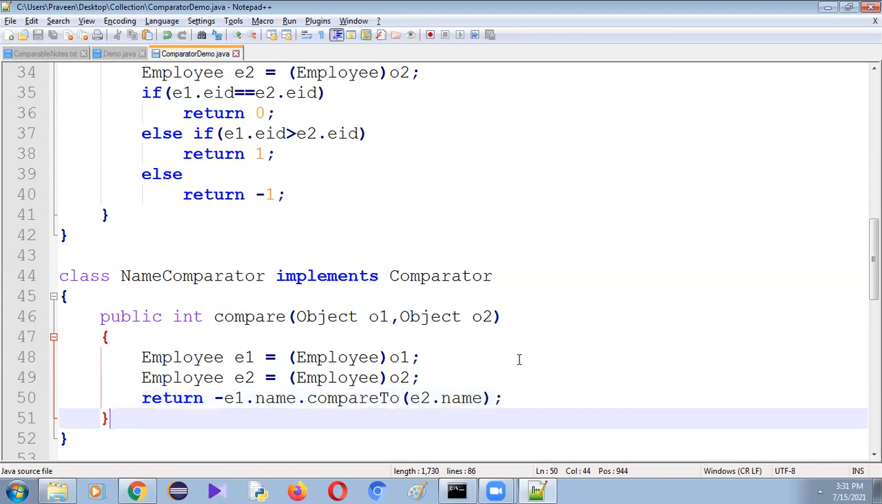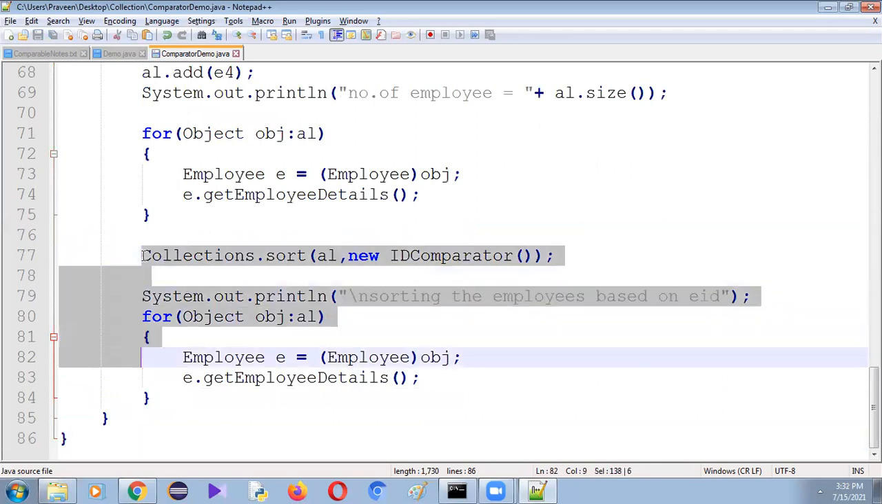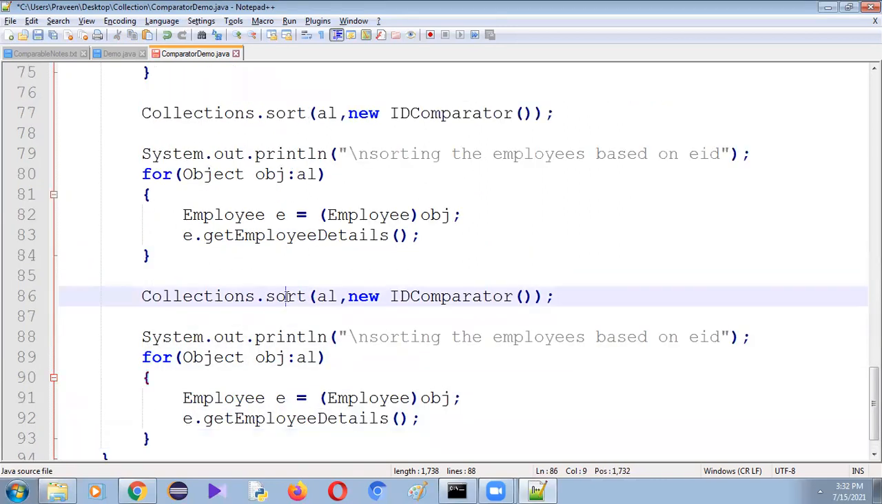Okay, now observe here. Just I copy the same code and paste it here. Now here I want to sort the elements based on which data member? Based on the name. So let me pass the object of the NameComparator: Collections.sort(al, new NameComparator()). So here System.out.println, sorting the employee names based on names